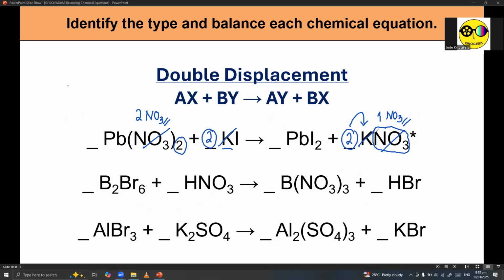Okay? Next, nadamay si letter I. So you have two atoms of I on the left side, and you already have two atoms of iodine on the right side. Therefore, balance na si I. And as you can see with Pb, balance na rin si Pb because you have one Pb atom on each side. So therefore, yeah, 1, 2, 1, 2.